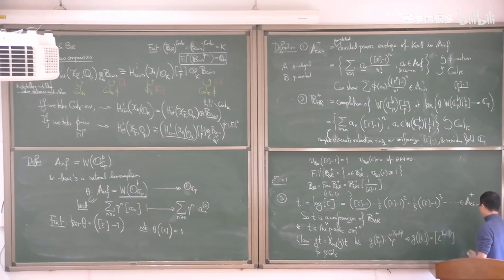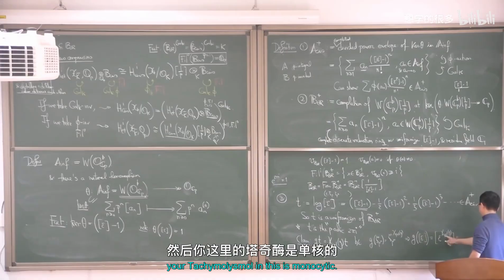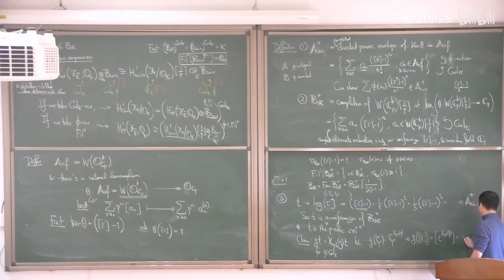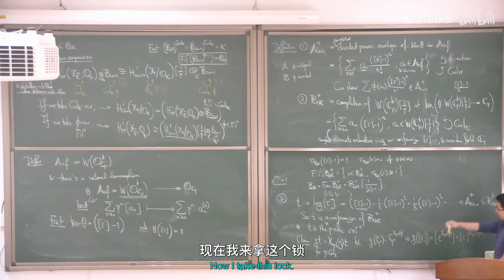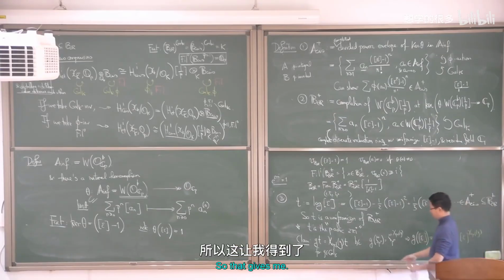Right? And then this is the same, right. And then because Teichmüller limit is multiplicative, so I take this out. Now I take log. If I take log, this becomes multiplication of that. So that gives me